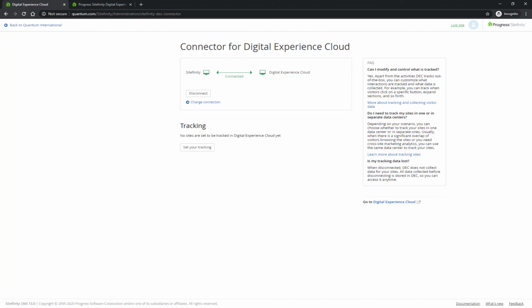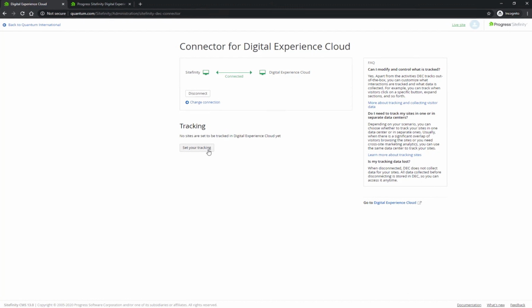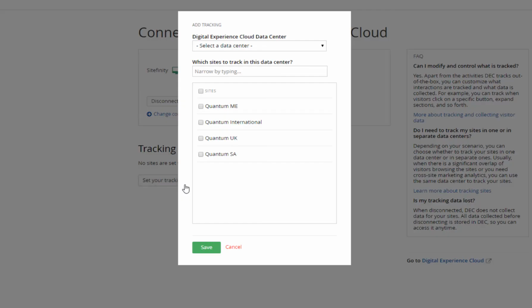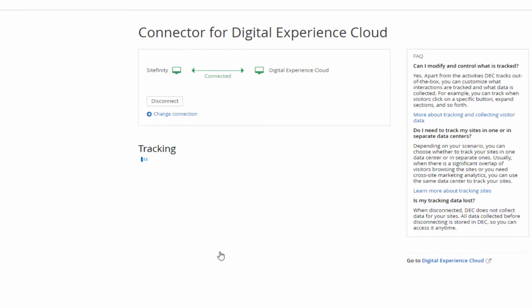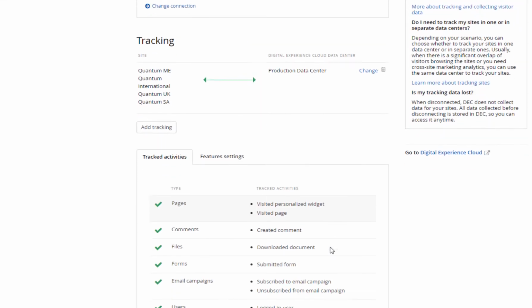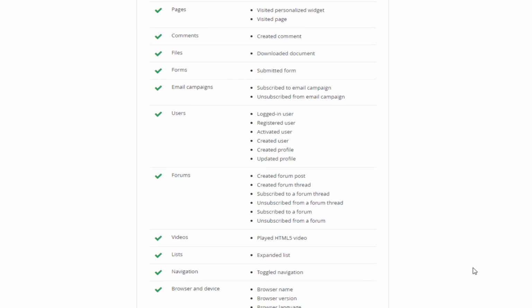Next, let's configure the tracking capabilities, the actual mechanism for gathering data from Sitefinity. Click on Set Your Tracking. You'll be prompted to select which sites to track and in which data center to store their data. The common scenario is when the sites share the same audiences, you collect the data in the same DEC data center. So let's select that option. That's it. DEC is connected, configured, and already tracking all visitor activities and securely storing the data in a dedicated